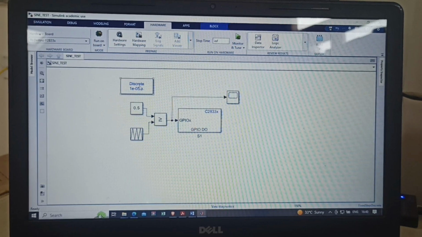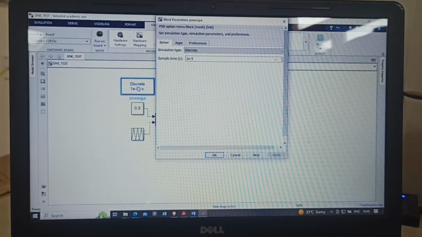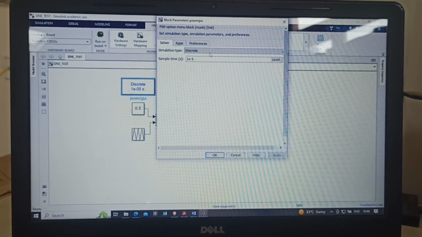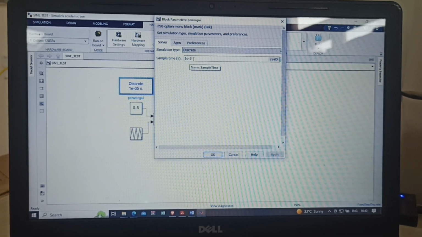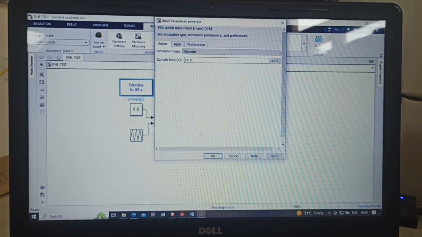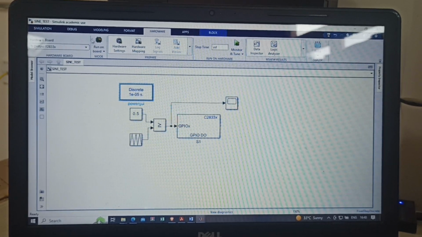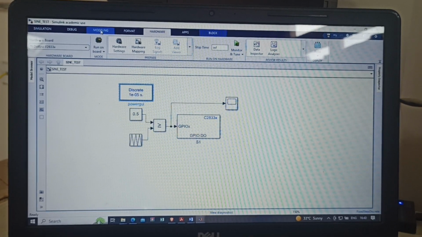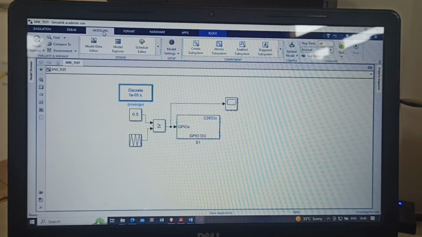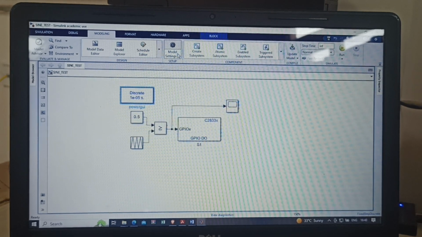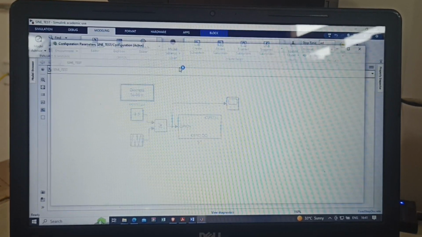So initially in the powergui, we have to change the options like the simulation type must be discrete, and the sampling time I am using here is 1e-5, meaning 10 microseconds. And at the same time, some of the settings which should be changed in the total simulation file: go to the modeling tab, and here you can go to the model settings. So you must change the model settings